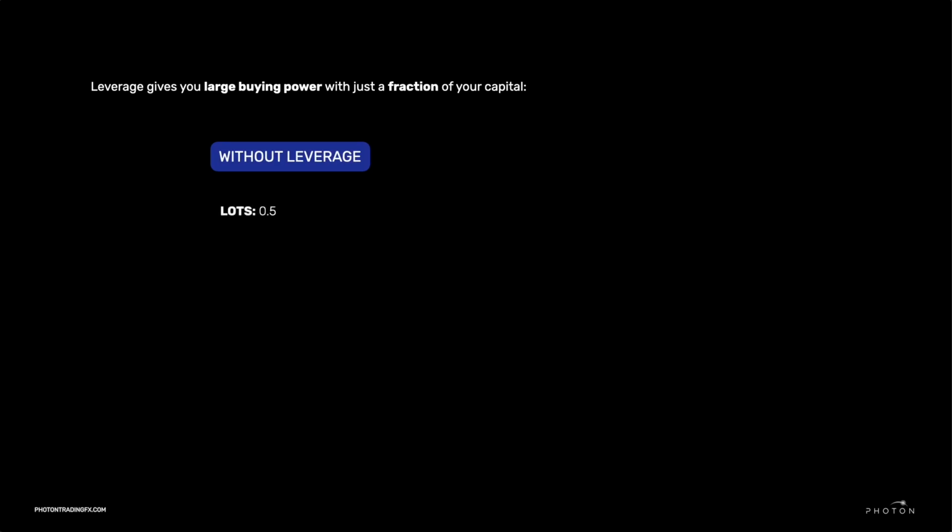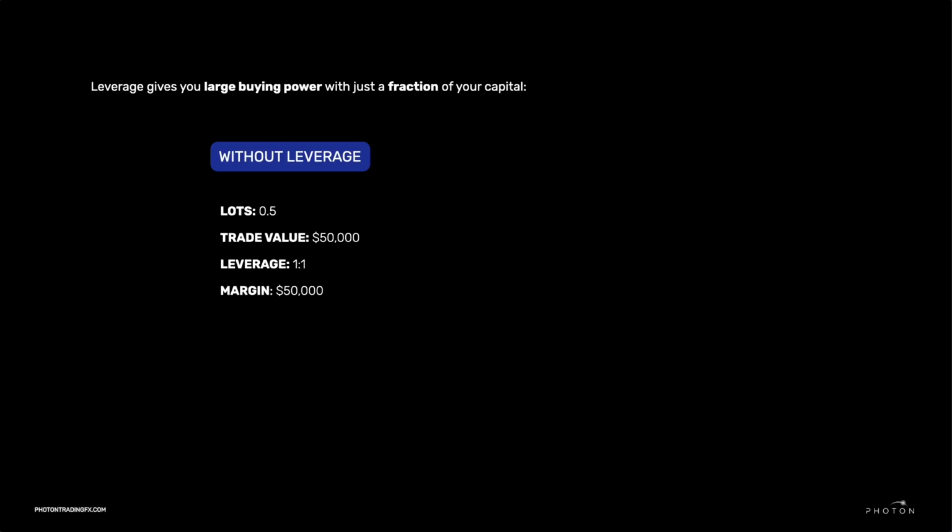So let's assume that you buy half a lot, so 0.5 lots of euro dollar, which has a notional trade value of $50,000, because remember, one whole lot of euro dollar is 100 grand. Now, you don't use any leverage, so that's the same as a 1-to-1 ratio, right? And the margin required is the amount of money that you must essentially deposit with your broker to place the trade, which in this case is the full 50 grand cost of the value of the trade,